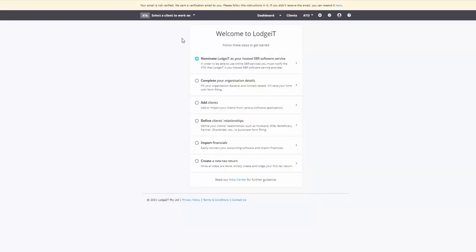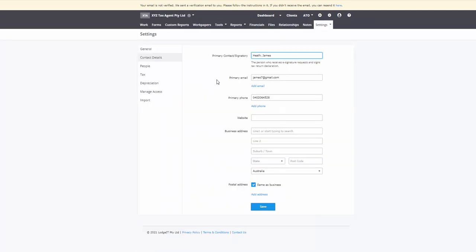You'll then be presented with this page here where what you'll want to do is work your way through and familiarize yourself with the system by carrying out each of these tasks, i.e. adding, completing your organizational details, which would be for your accounting firm. So you'd be putting in your accounting firm details here. You can see it already. We've got James Heath as the signatory on this, and if we went and had a look,